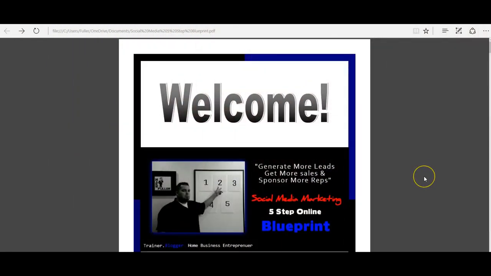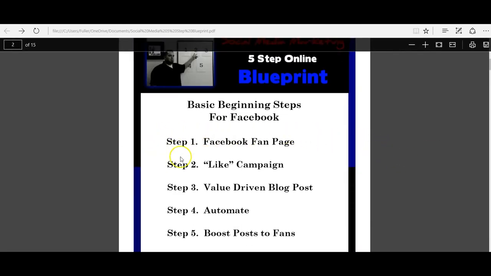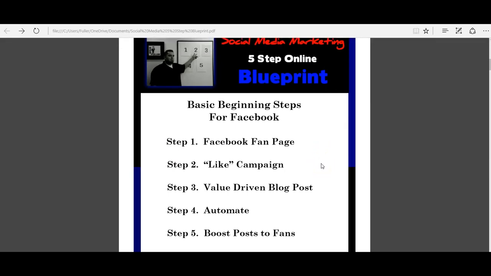Okay, welcome everyone to the 5-step online social media marketing blueprint. And what we are going to do first is we're going to go through real quick. Like I said, a lot of people may already have this done. The step 1, which is the setting up of the Facebook fan page. We're not going to spend a ton of time on this. If you have any questions or problems, just shoot me an email, post on my page, or send me an instant message, or any way you can to contact me